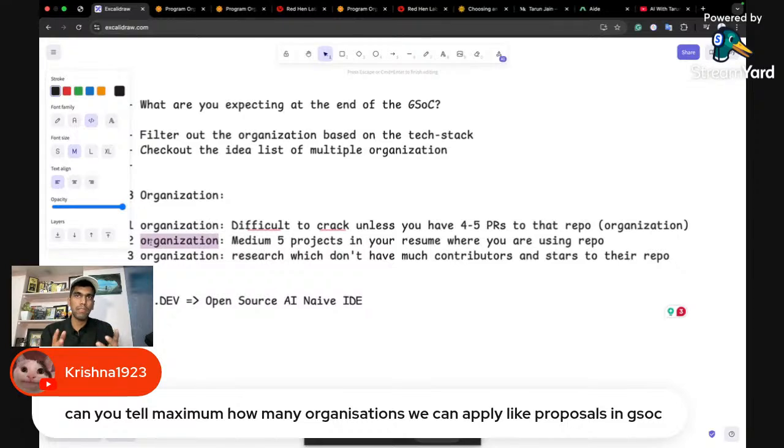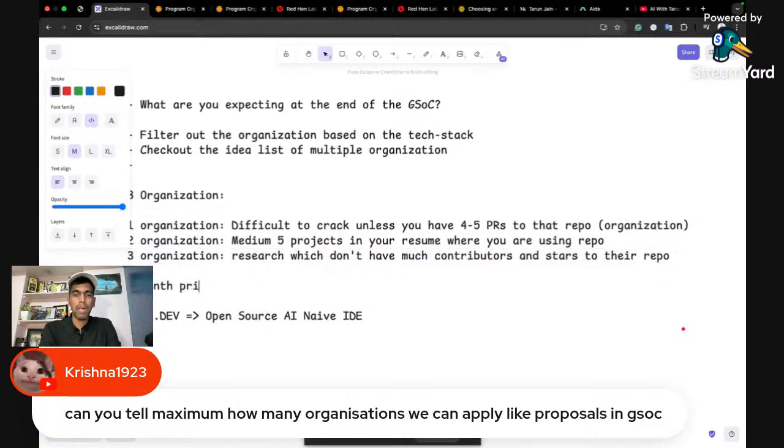The second repository is where you only have to select it if you have done any projects. For example, if you have done around 5 to 6 projects in Django, you can keep Django second, but don't keep Django first until you have an open source PR for that particular repository. First organization is where you have a PR. Second organization is where you have a project. Third organization is where you have just set it up locally and have some understanding of what it does. And then just do cold emailing to the mentors so that you have a better idea. And everything needs to happen 1 month prior to the proposal submission.